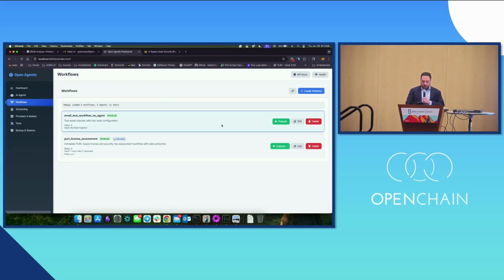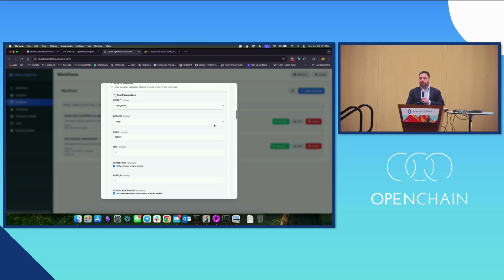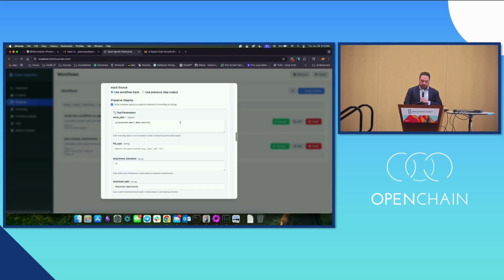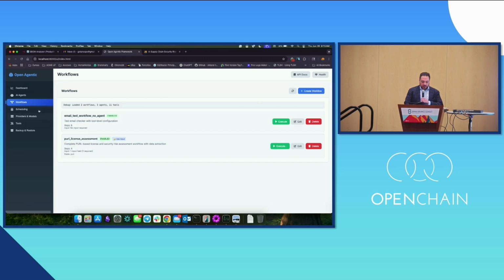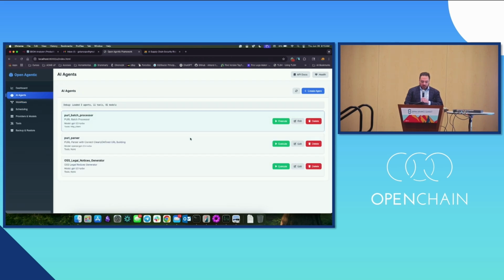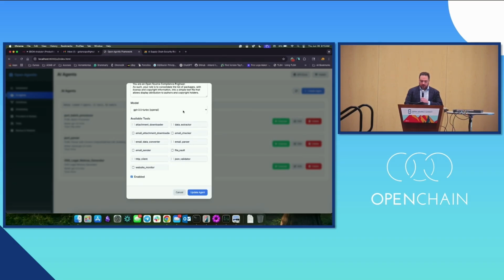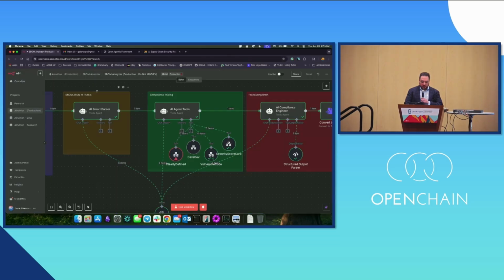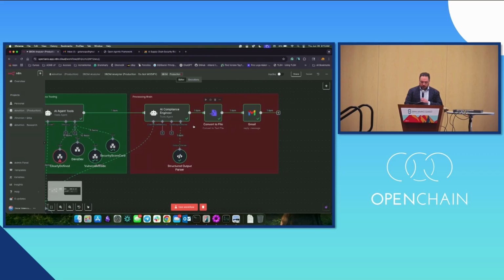I can create workflows. For example, this workflow allows you to do the same thing that I'm doing on the other side, but it's going to be more complex, right? And I like it because it's a no-code kind of implementation. This requires a little more JSON understanding. And this is a parole assessment. And then I have my agents, to which I can provide the context of the different roles and give access to certain tools. And basically it's going to run the same case. Oh, I think there was an issue, but it was clearly defined, and it continued and sent the email. So let's see what it sends.